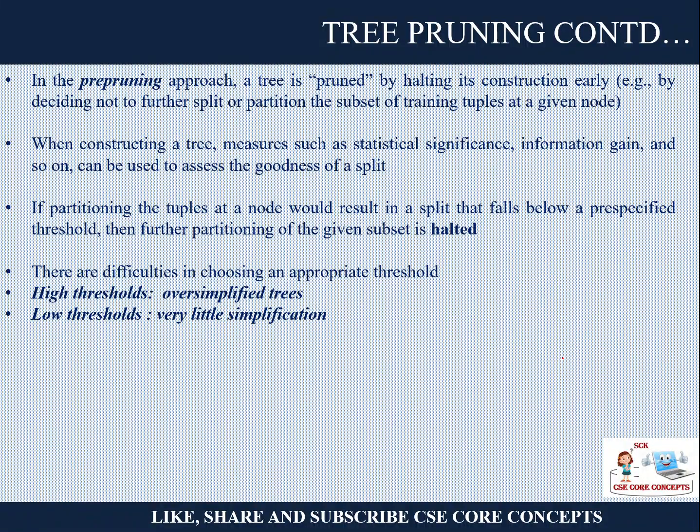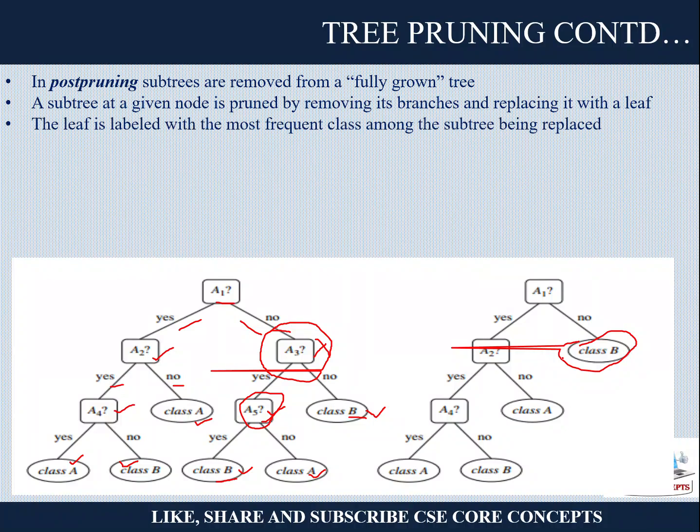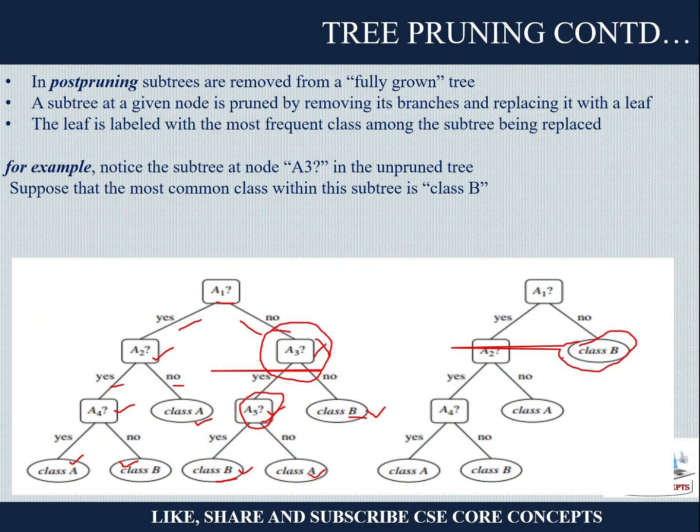Very simple trees you are getting, and a low threshold value will give you very little simplification, very little generalization. So very accurate, not very simple trees, right? So this is how you can perform the pruning. Either you can do the pruning in the beginning or you can do the pruning afterwards. If you are pruning in the beginning, that is called pre-pruning. There you decide a threshold value, and based on the threshold value you divide your tree. If you reach that threshold depth, you stop.